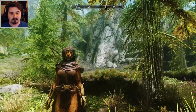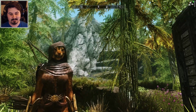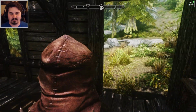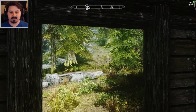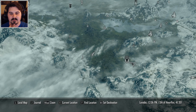You good, Mira? She might be okay. I don't know what's going on. This is not a face that seems happy. Maybe she doesn't like the light. I guess we'll just go in the shade. Get some nice shade here. It's not too bright outside. There we go. Anyway, Mira has heard of a Sabertooth Cat down here in the southern areas, near the Falkreath area,